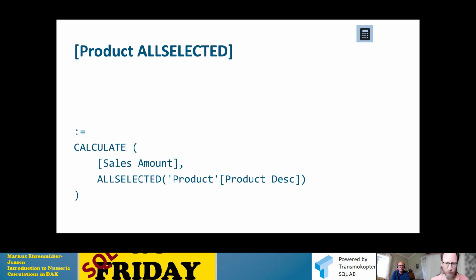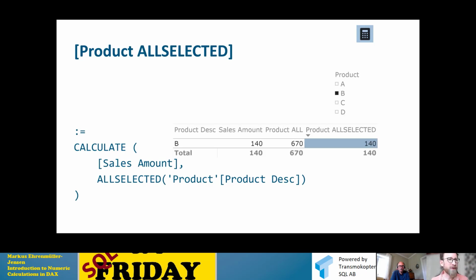And there's ALLSELECTED. ALLSELECTED is a different form of the ALL. What if there's a filter outside of the current visual? So I filter on product B or I filter on product A. So with ALL, I always see the 670. If I use ALLSELECTED instead, this is the result we're seeing here. The filter of product B I used in the slicer outside of the current visual is still kept. So DAX is then